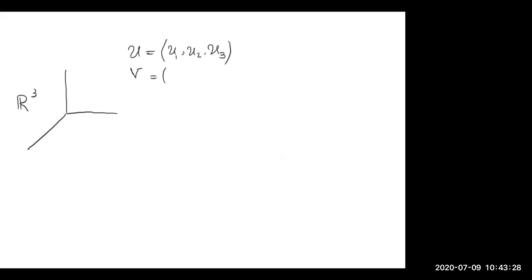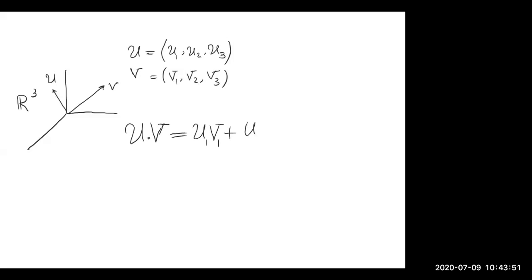And the vector v has coordinates v1, v2, v3. These are another three numbers. u and v would look something like this. The inner product or dot product of u and v is equal to u1 v1 plus u2 v2